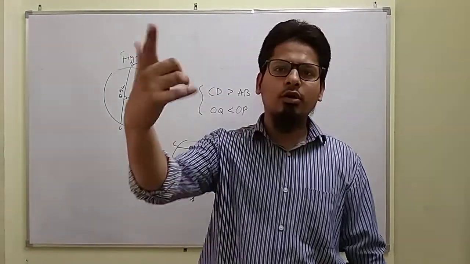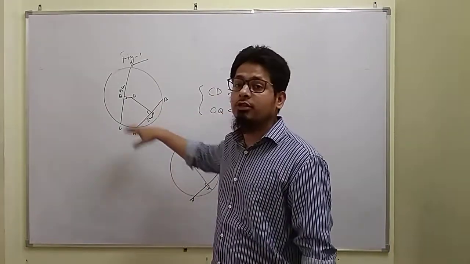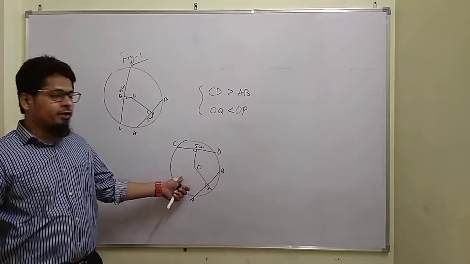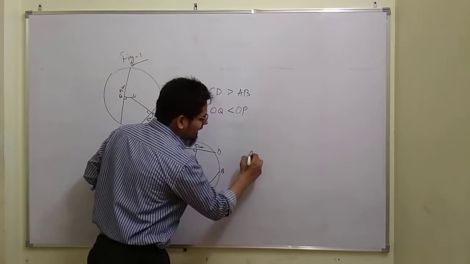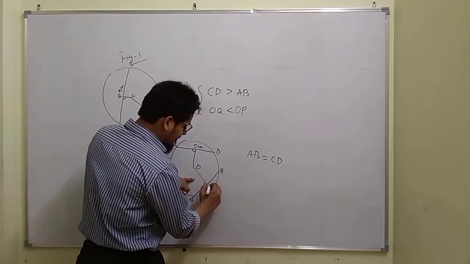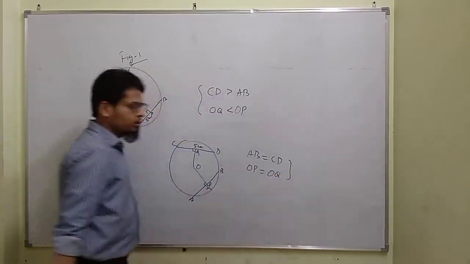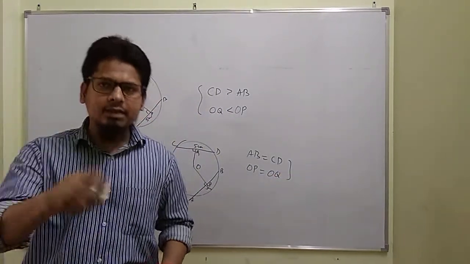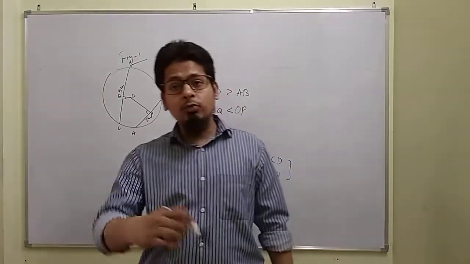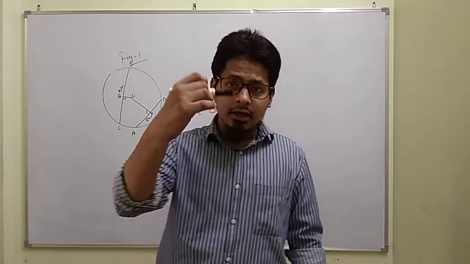उसके बाद मैं one line में अपनी theorem लिखूँगा, and I hope you will understand this theorem without proving it, because you have been seeing the logic and the concept in this figure. Okay class, in this figure number 2, we have AB is equal to CD, and we get point P, point Q, and we get OP is equal to OQ. Now class, this is one theorem of circle, which states that equal chords are equidistant from the center. If the chords are equal, then the distance from the center also will be equal.